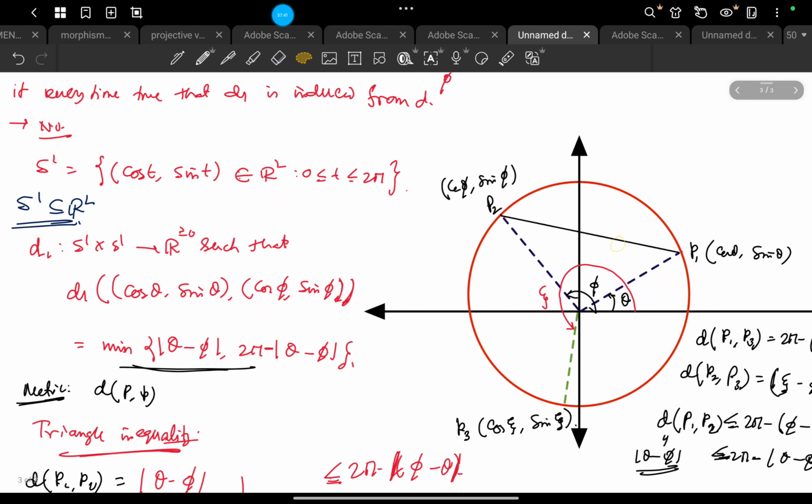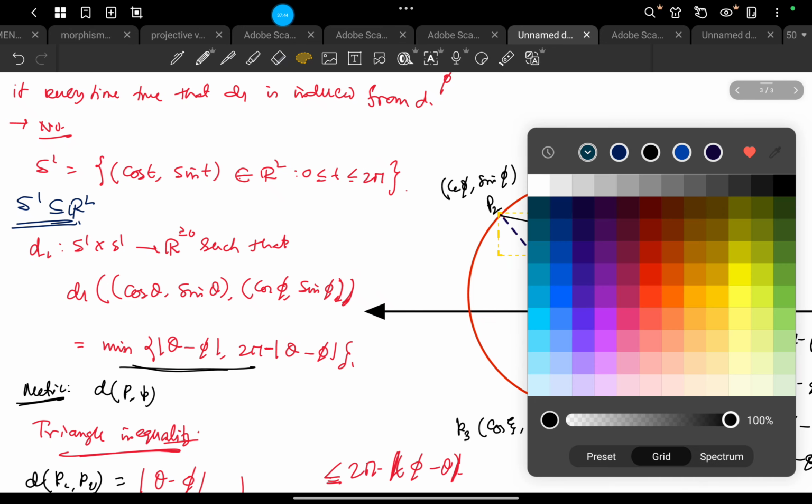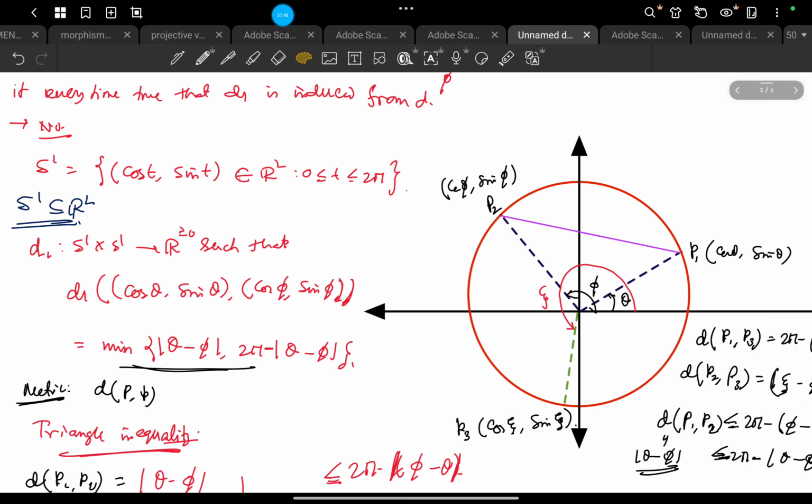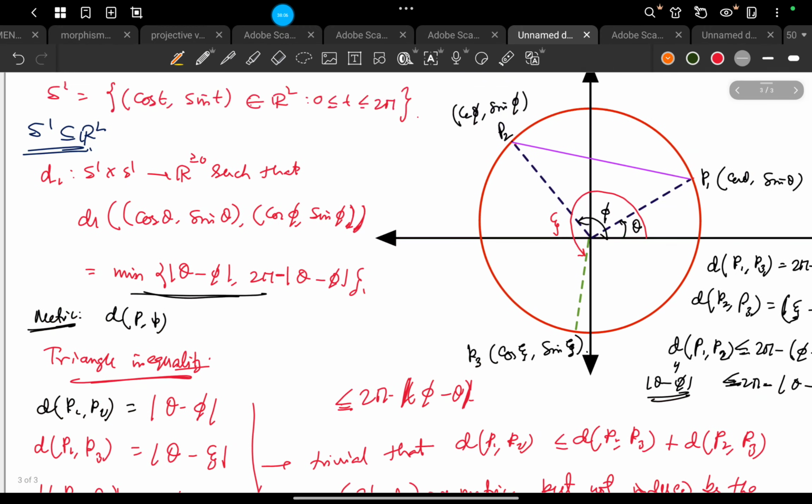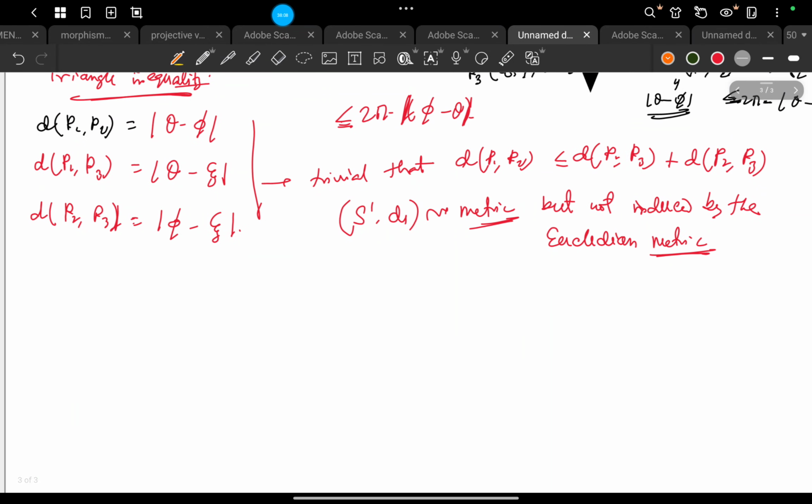Let me make it colorful. You are considering this particular distance, right? Whereas the matrix D1 is nothing but this particular arc. You see that you are considering this one only, so this particular arc only. So the distances are completely different. The matrix value of interest is completely different. So that's why it is not